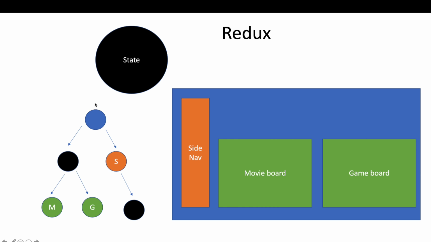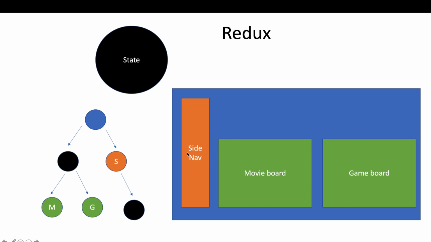First of all, we are polluting app.js, because the state inside app.js has nothing to do with either movie board or the game board. It simply calls these components to render them. The state for movie should be stored inside the movie component, and the similar thing should also be done for the game board.